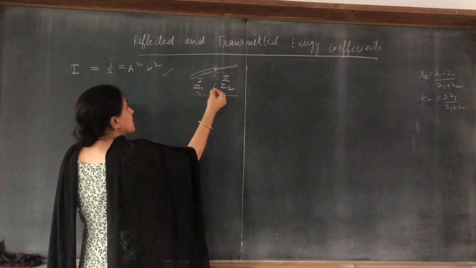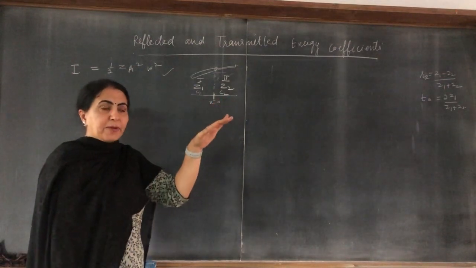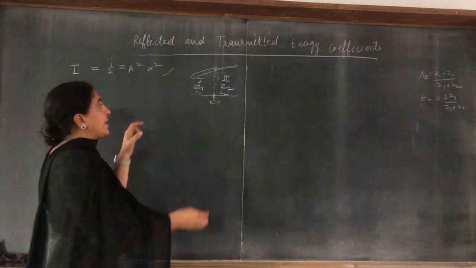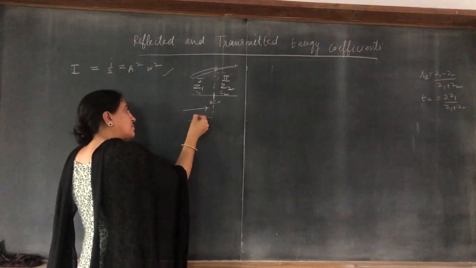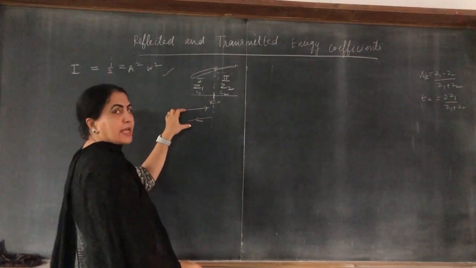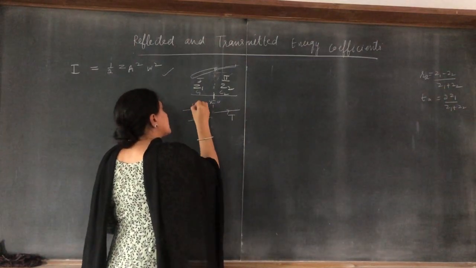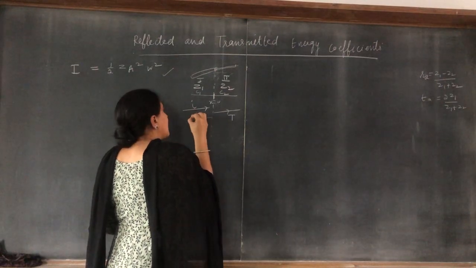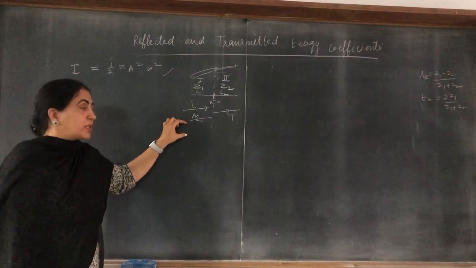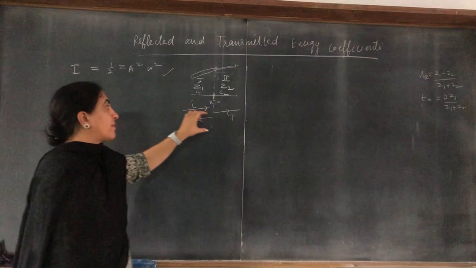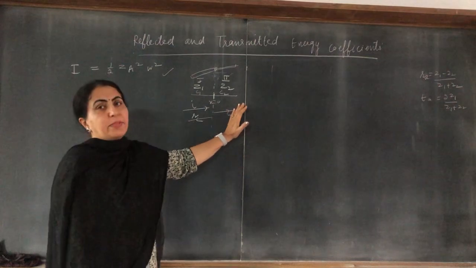The wave velocity for the first is C1 and for the second is C2, and the wave is propagating through a string. When a wave is incident in the first medium, it comes back, which means reflection. This is the incident wave, and this is the reflected wave. Incident and reflection will be in the first medium, and transmission in the second medium. For the first medium the impedance is Z1, for the second it is Z2.